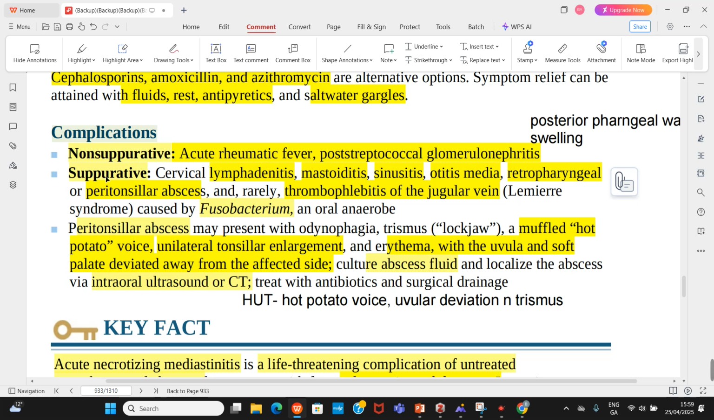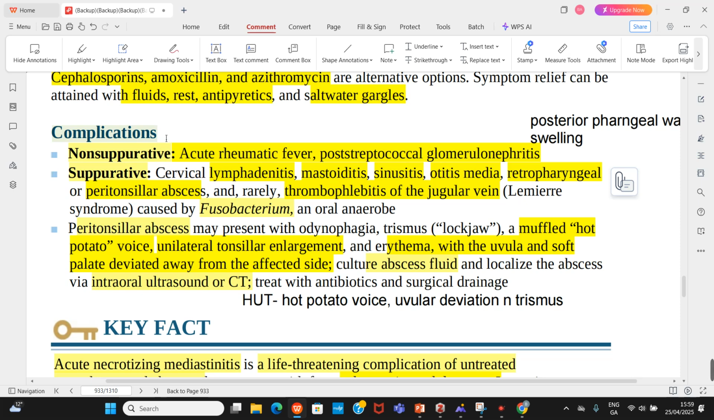So for the suppurative complications where there will be pus, think about cervical lymphadenitis, mastoiditis (inflammation of the mastoid bone), sinusitis, otitis media, retropharyngeal abscess, peritonsillar abscess. Thrombophlebitis of the jugular vein, which is very rare, we call that Lemierre syndrome, caused by Fusobacterium necrophorum. So Fusobacterium necrophorum can cause thrombophlebitis of the jugular vein, which is one of the complications of